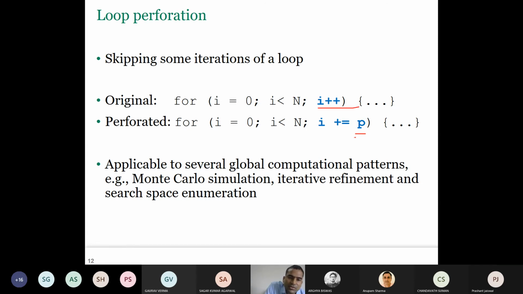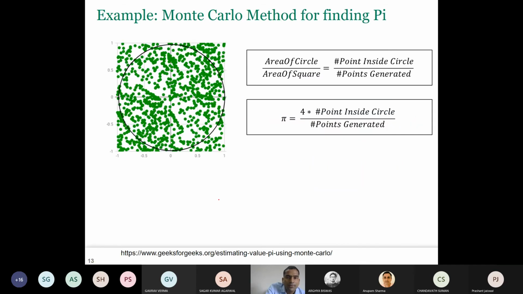Okay, we are skipping certain iterations of a for loop. So this applies to several global computational patterns such as Monte Carlo, iterative refinement, searches, test case enumeration. Let me discuss one example of Monte Carlo. So Monte Carlo is a very useful